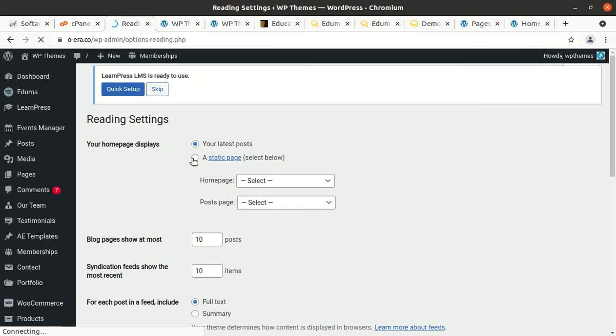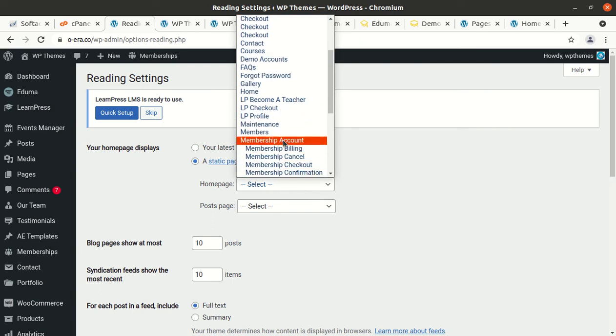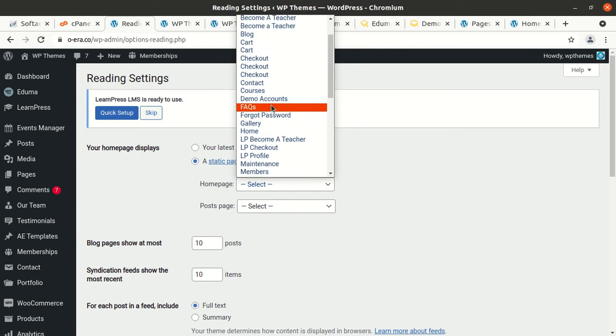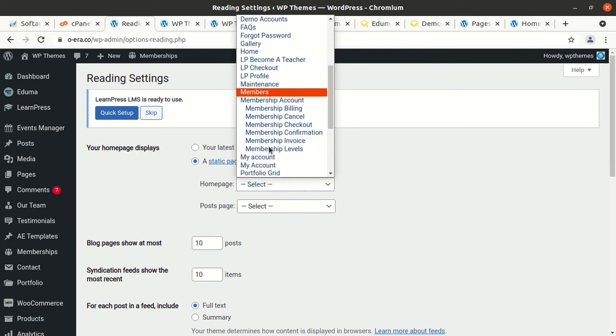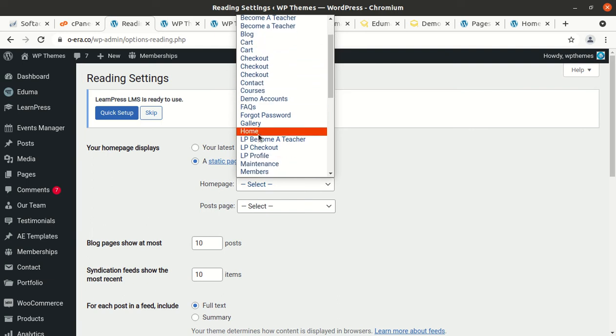And you can select a static page, and the home page can be selected here. In fact, there are multiple pages here, so we have to find the home. Home is here.